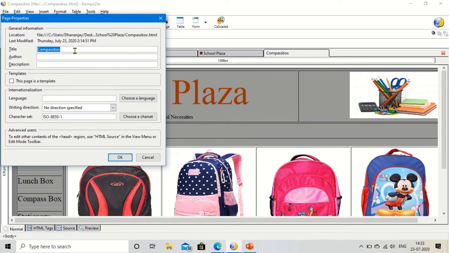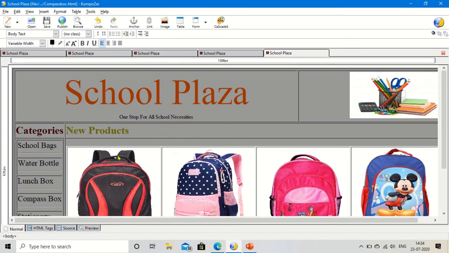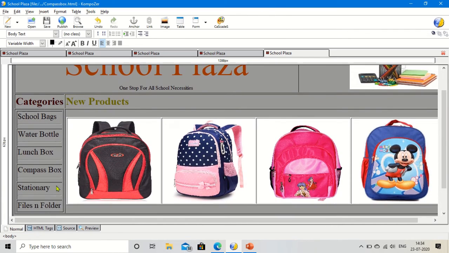Then here you give School Plaza, right? And here you can give the author name. You can give your name as I have already spoken about it. Then click on the OK. Similarly, go for changing the title of stationery and files and folder. I hope you will do.